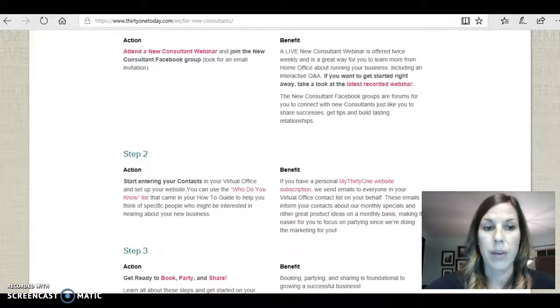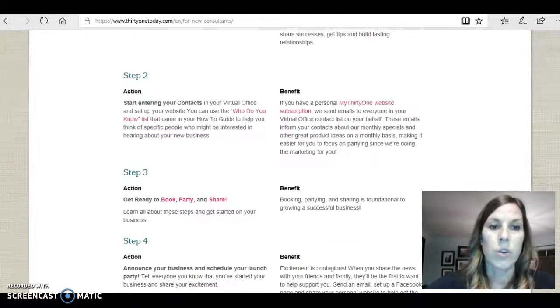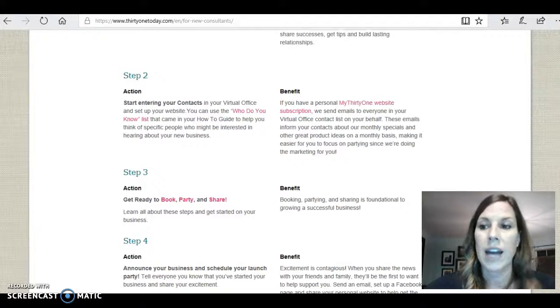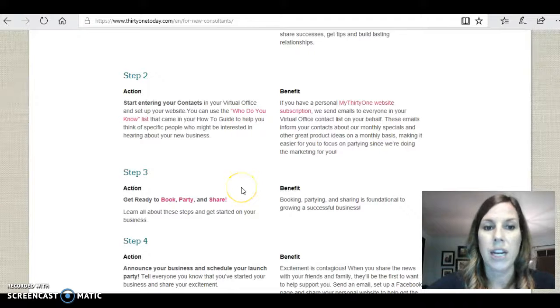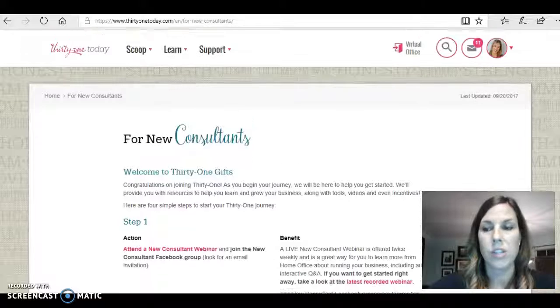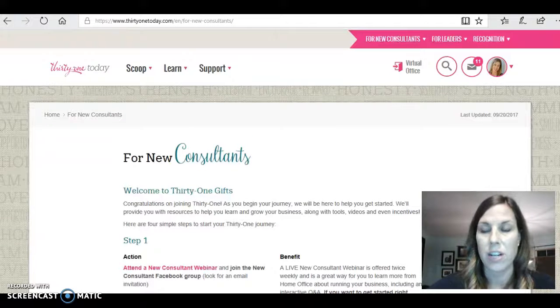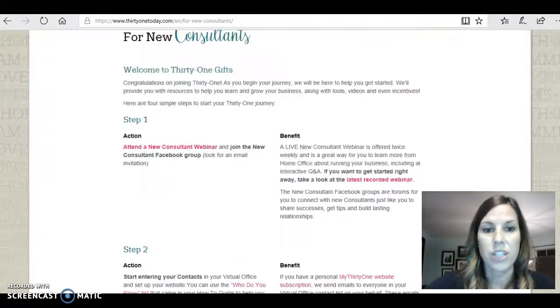After that, you're going to want to go to your contacts, and I'll show you where to do that, and go to your Who Do You Know list. So you can click on that and start putting in all your contacts of different friends and family and neighbors and anyone you know with their website, so that they start being stored in your back office under your contacts. So that is just a start with